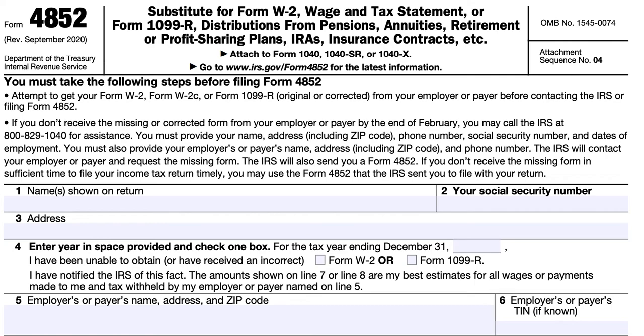In this video, we'll be going over IRS Form 4852, Substitute for Form W-2, Wage and Tax Statement, or Form 1099-R, Distributions from Pensions, Annuities, Retirement or Profit Sharing Plans, IRAs, Insurance Contracts, etc. So most taxpayers will complete this form if they are missing their original Form W-2 or a Form 1099, either